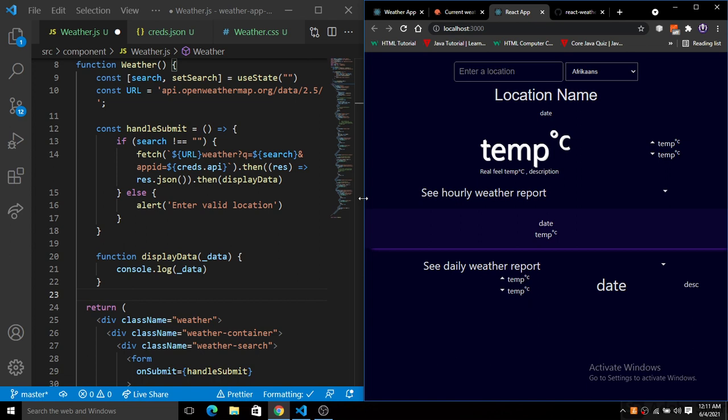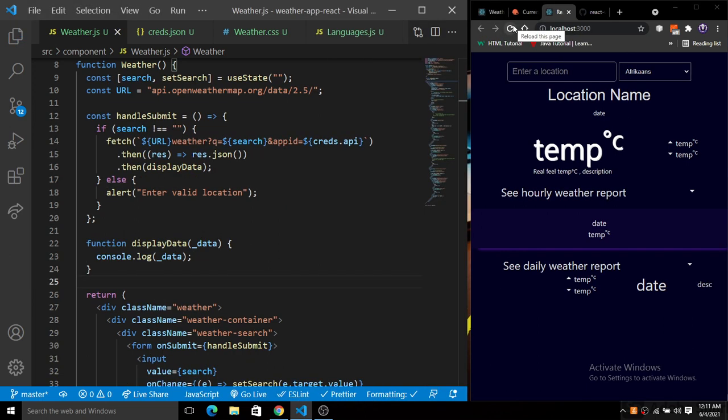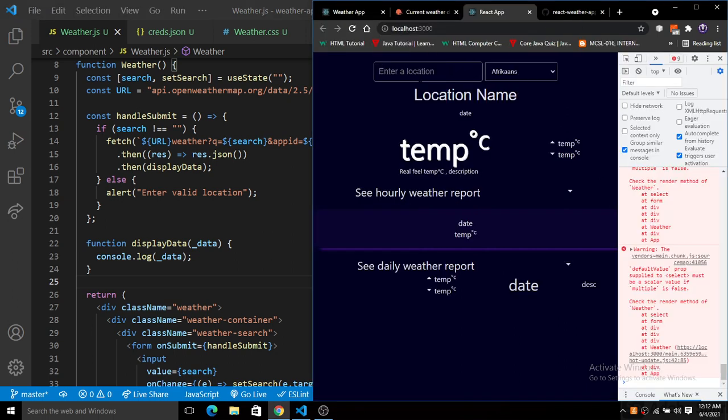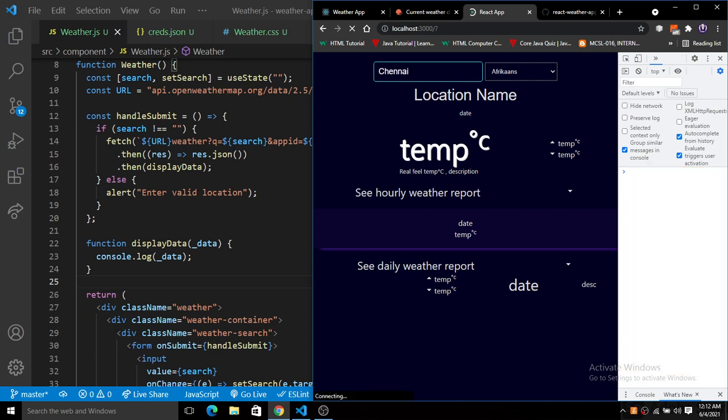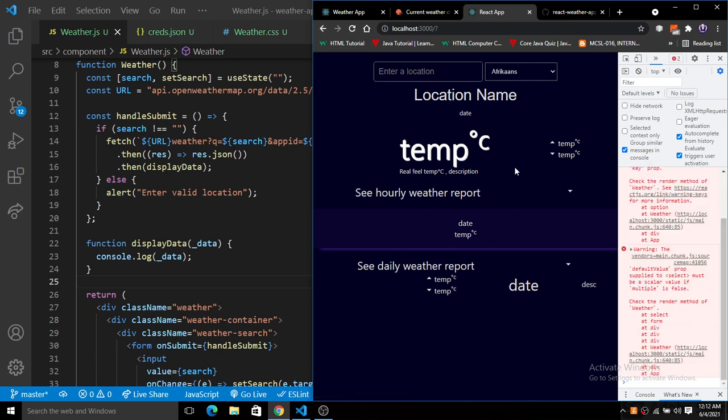Okay, so now what I will do, I will just simply save this and now refresh the page. Okay, let it compile first of all. Okay, so it is compiled here. So I will open the console also here. Inside of this console, we will get the whole things there. Here we just want to put the location. For this location we just put the location name Chennai, and now hit the enter button. Okay, so we have seen it is refreshing, right?